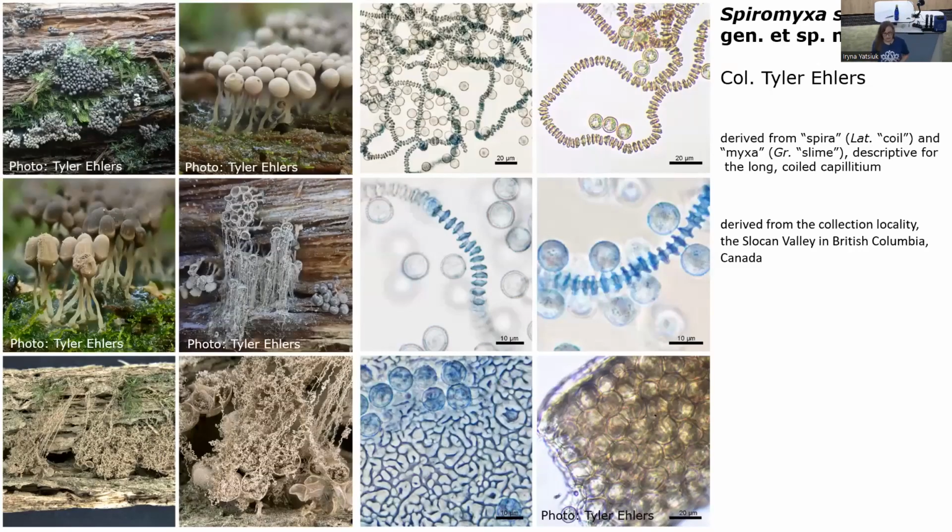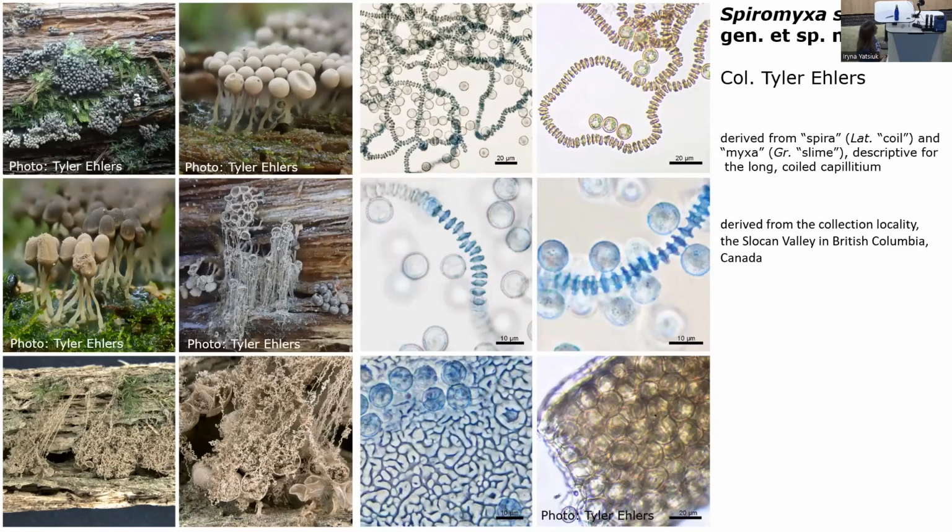And the last clade that we discovered unexpectedly is a clade based on a single specimen that was collected by citizen scientist Tyson Ehlers in British Columbia, Canada. He collected something that nobody could identify even to the genus level, including me. So he sent it to us, and after sequencing and morphological examination, it appears to be a new genus. It's a clade in Certicedes, so it sometimes groups together with Arcyriaceae sensu stricto, and sometimes with Arcyriaceae and Trichiaceae. So it's a strange clade, but definitely it is something separate, and it deserves to be a genus, because